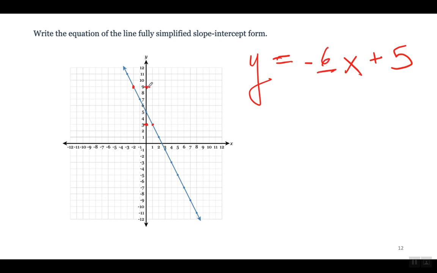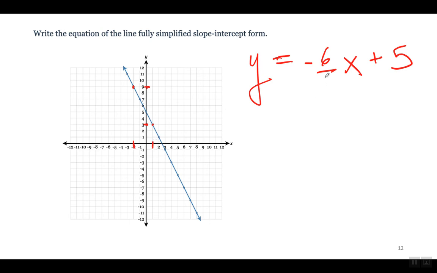You could just subtract 9 minus 3 and get 6. And the horizontal distance is from negative 2 to positive 1. From negative 2 to positive 1, that's a distance of 3, because from negative 2 to 0 is 2, and from 0 to 1 is 1 more, for a total of